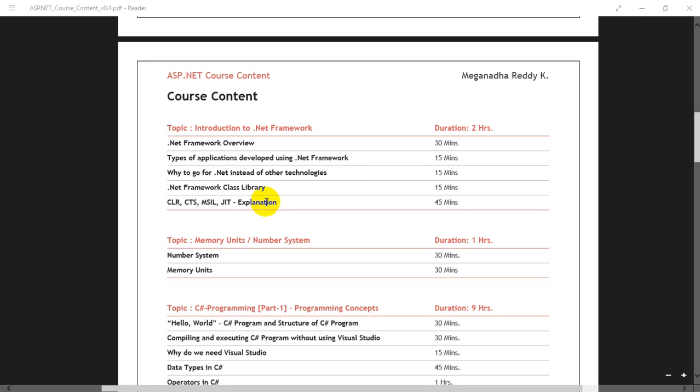That way you'll be able to answer some interview questions, because based on my previous experience in a couple of interviews, they asked me, can you compile C# code without using Visual Studio, and how you can do that. So from there we will start, and let's get started.